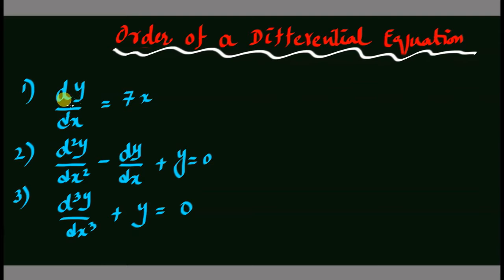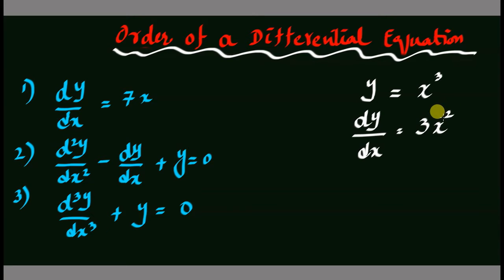In example 1, you can see dy over dx is equal to 7x. This is a first order differential equation. To understand the order, we just think about the derivatives. For instance, if you have an unknown function y is equal to x cube, if you want to take the first derivative of this function, this will be dy over dx is equal to 3x square. If you want to take the second derivative of this function,